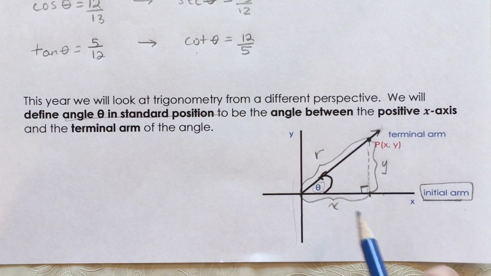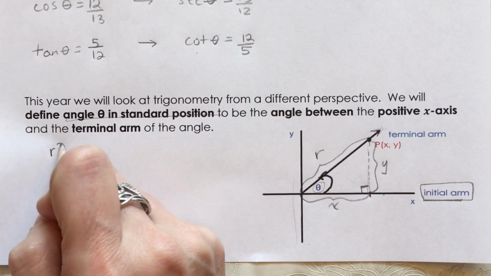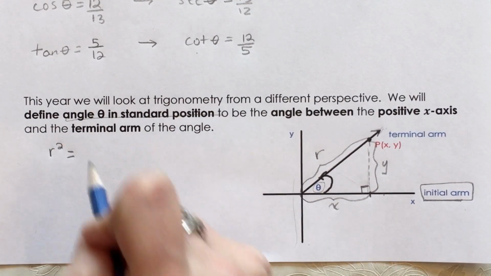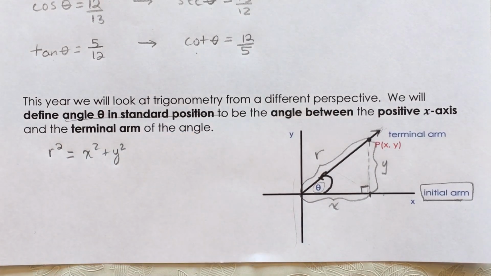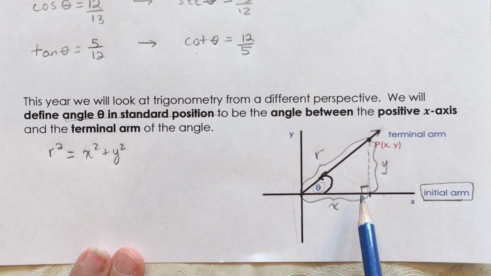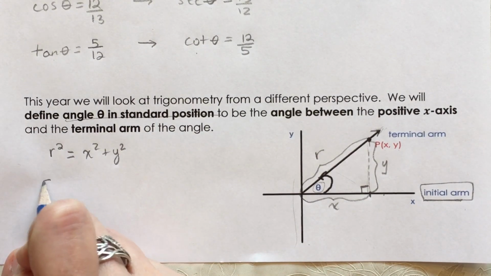And x, y, and r are sides of a right angle triangle, so they follow the Pythagorean theorem in that the hypotenuse, which we're calling r, squared is going to be x squared plus y squared. So we know that that's related by the Pythagorean theorem. So if we just looked at this diagram right now, we would know that sine theta